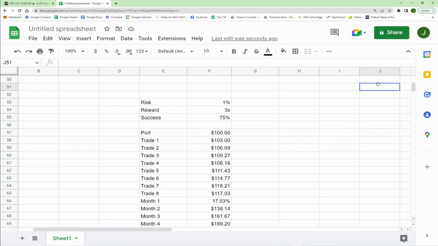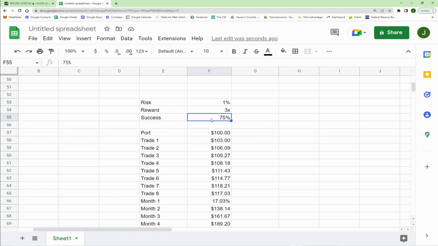Okay, we're back. So let's say you have a success rate of 75%. Now that's a very high success rate, but we're looking at winning, right? I would say the average winning trader makes about a 55% success rate. But if you're using our Discord server's premium signals, you're going to be closer to 75, 80% success rate. So let's just say you're using our signals. You're not doing your own trading.